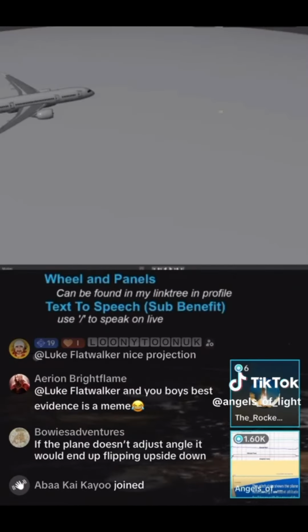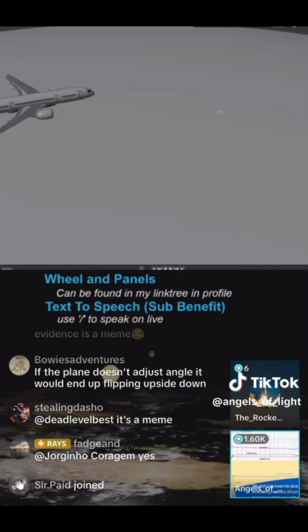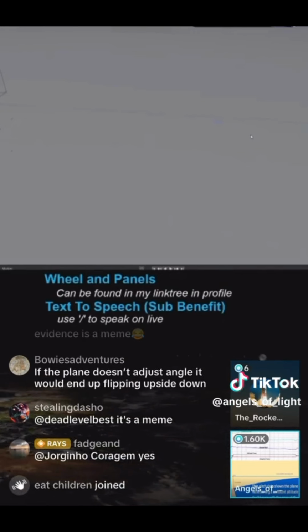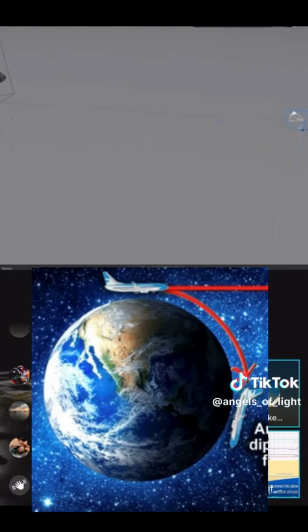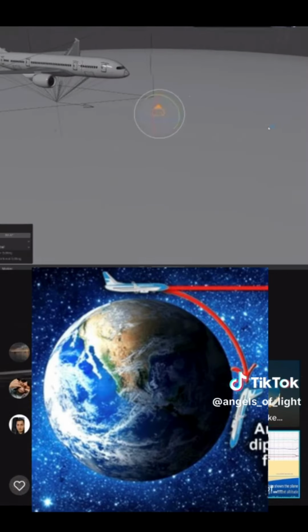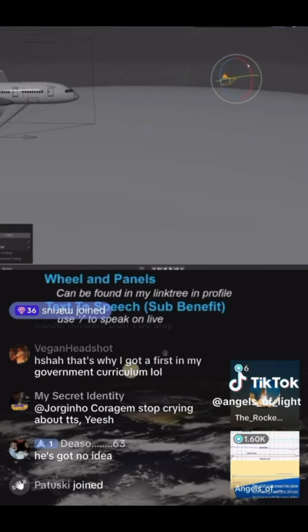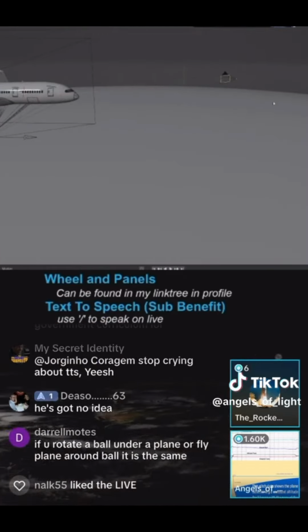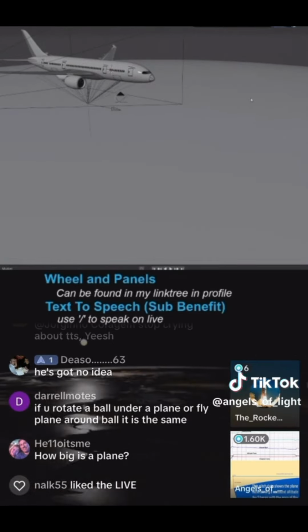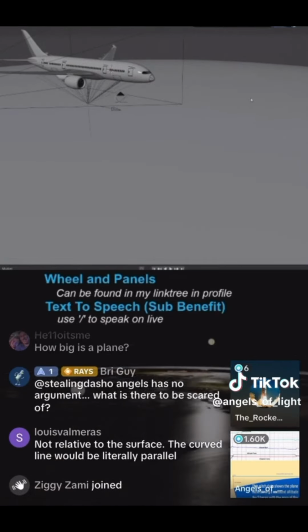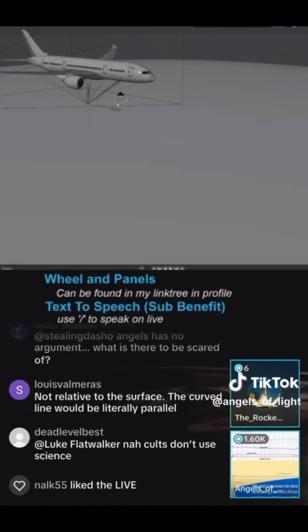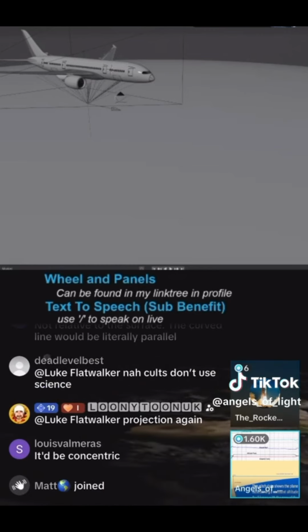Yeah, if you have a globe and you want to draw a line at the same altitude around that globe all the way around it, do you have to curve the line to draw it? Do I have to curve a line to draw a line around a globe? At an equal altitude, yeah. Do you have to? From an external reference point, yes. Great. Well, that's not how the plane flies. It flies a straight line.